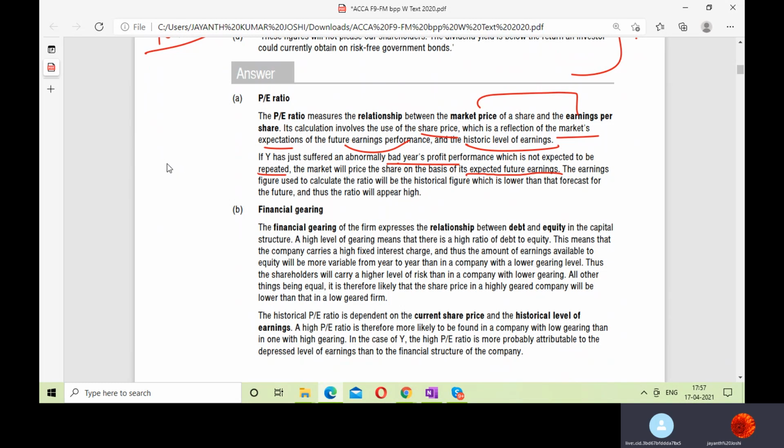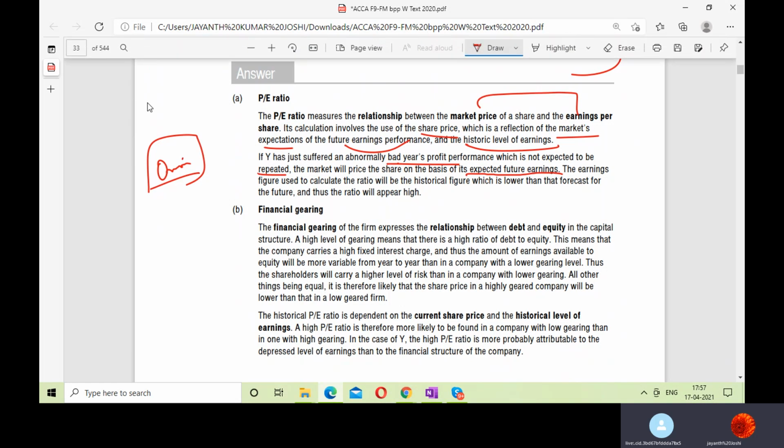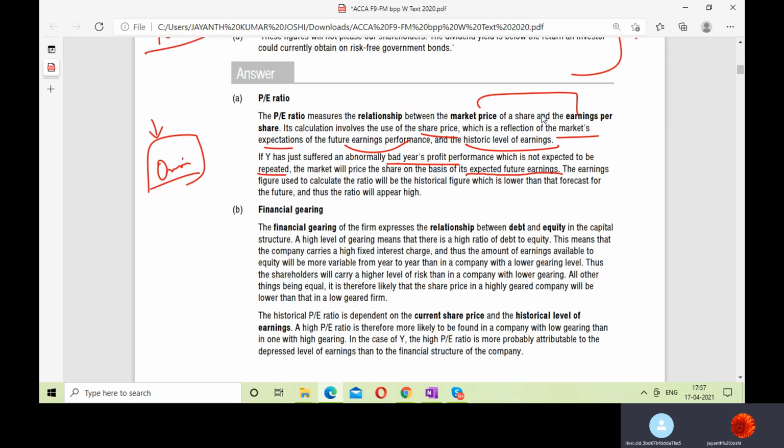Some things will be very strange. Sometimes we are just shocked. My god, this onion is so costly. Why? It is grown in my neighborhood even, but the demand for this is high, so prices will be high, correct? Because demand is high and supply is less. There are various factors. That is an economics concept.